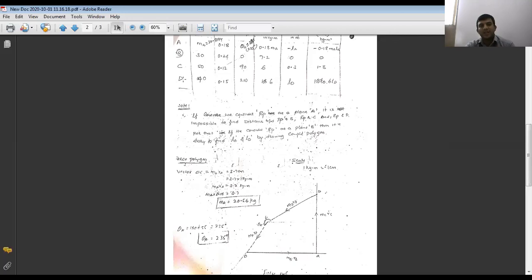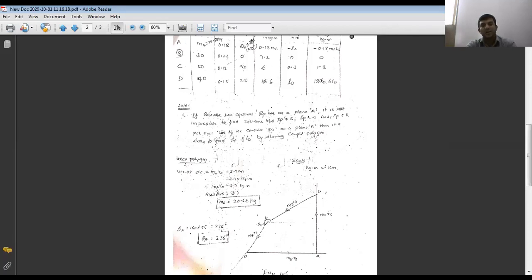The mass D has magnitude MD, also known as 6 kg meter. Orientation is how much? 210 degree. From point B, draw a 210 degree line, as in the space diagram, angular position. See where mass D is located here. Draw a line parallel to the mass D orientation from the point B here.